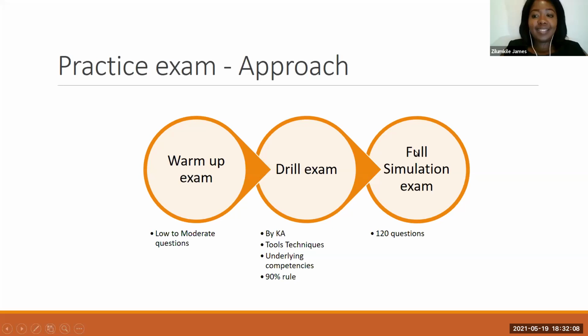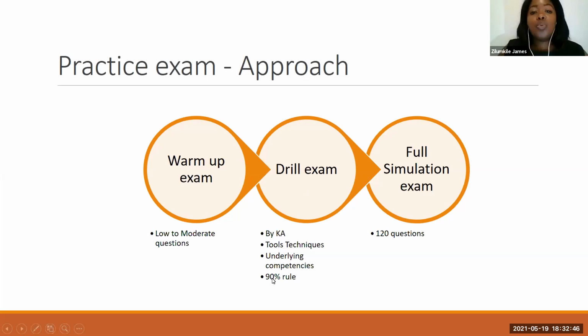The simulation exam in Watermark Learning will consist of 120 questions. You will be timed as you will be timed on the IIBA exam. The nice thing about Watermark Learning is that when you need to take a break, or run to the kitchen or to the loo, you can pause your timer and quickly do whatever you need to do. They'll give you questions that are very similar to what you will get in the IIBA exam. I will explain in the next slides what types of questions you can expect in the actual exam.